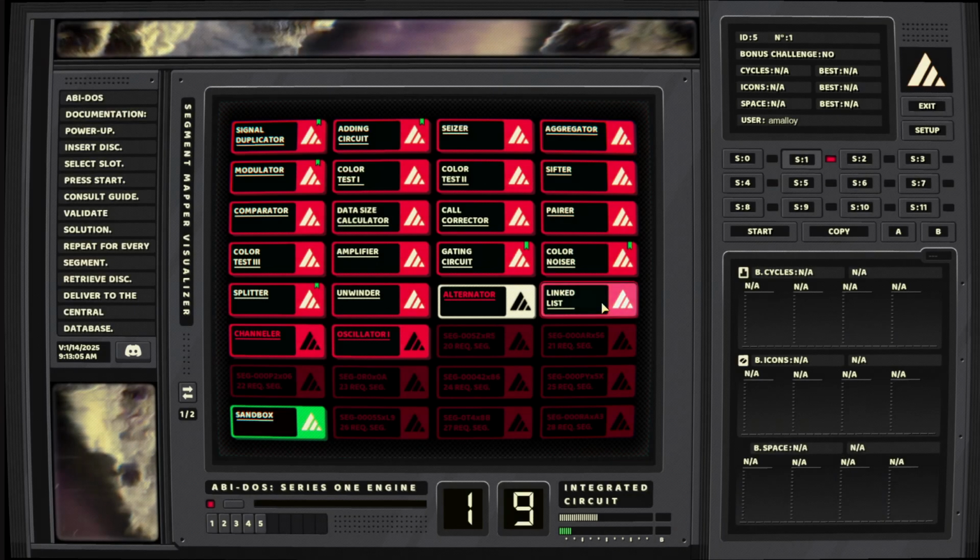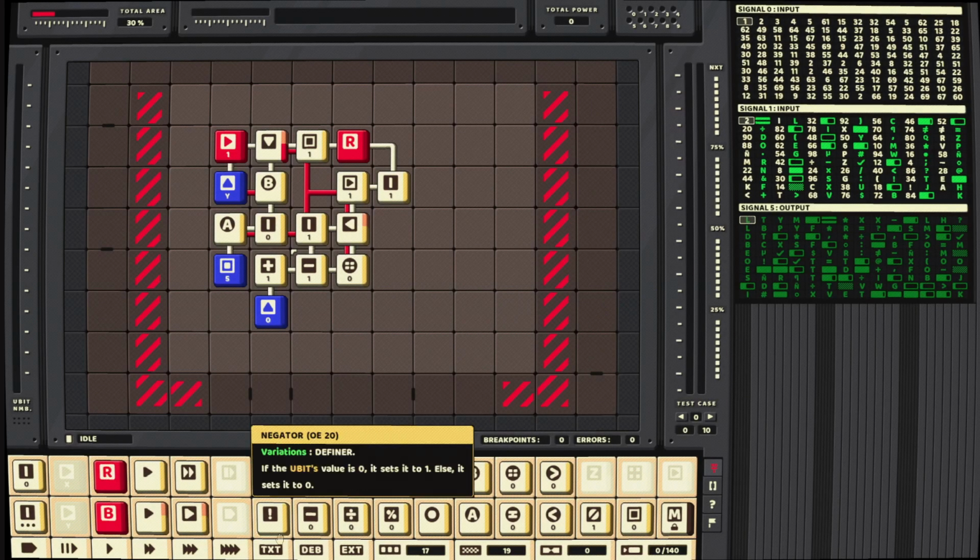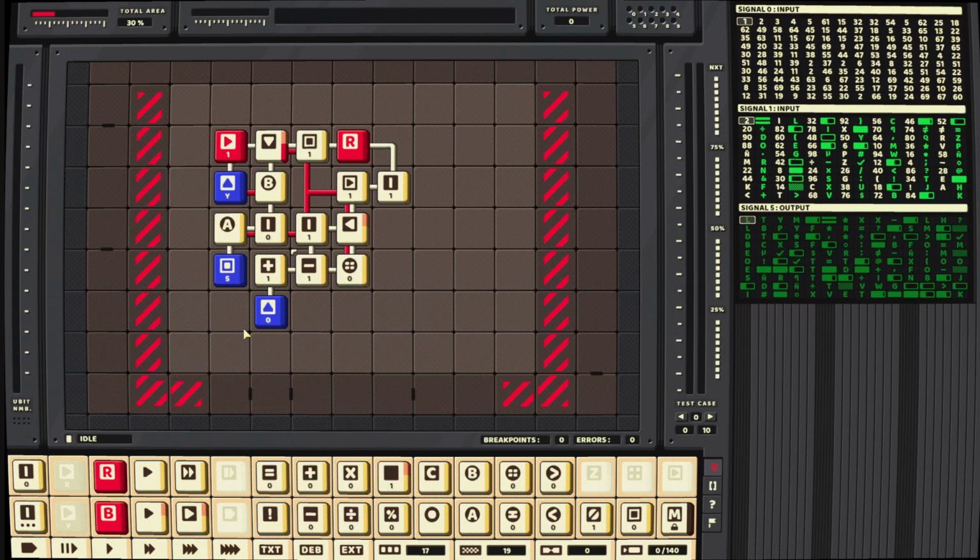But then I went and did linked list, which was on camera, but my computer secretly restarted, as Windows likes to do. And one of the things that rarely, not never, but not always, happens when the computer reboots is that OBS gets messed up and forgets which sound device to use for my mic, and it just decides to use a sound device that's not anything. It's just a sound device that never produces any sound. So I solved linked list off camera, and we'll do a little tour of it here before we start the next puzzle, I guess. The idea of this one was that input 1